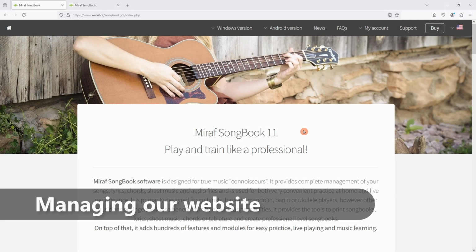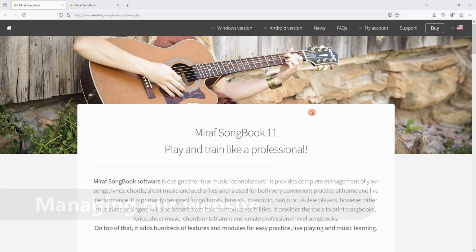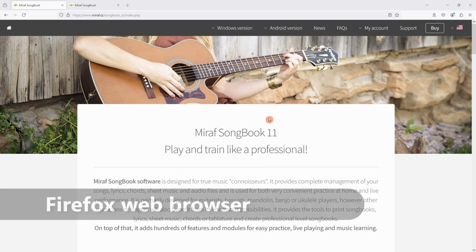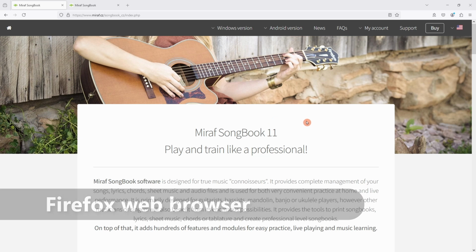Hello. In today's episode about the Miraf SongBook program, we will introduce our website, show you where to find things, and how to properly use the site. The demonstration will be done in the Firefox web browser. We have logged into our website